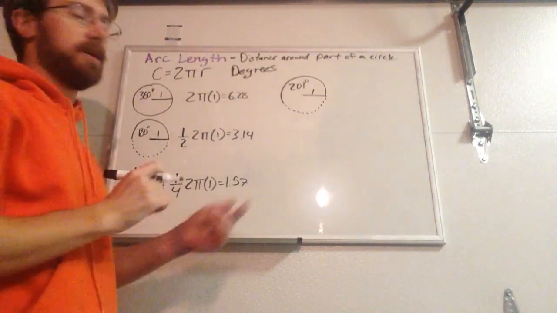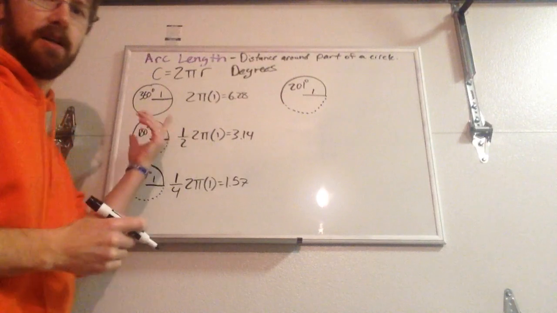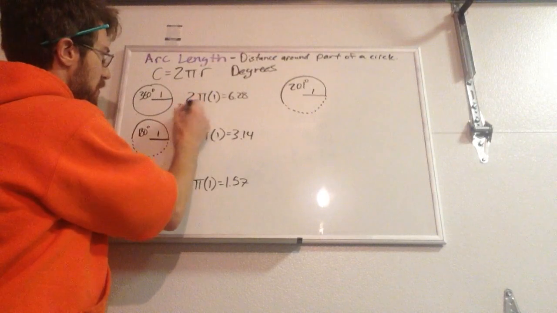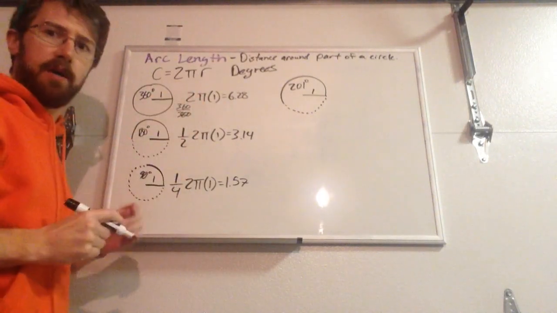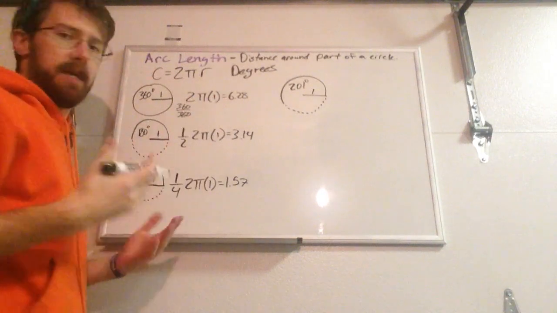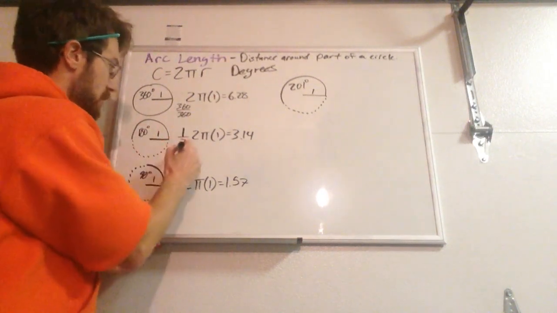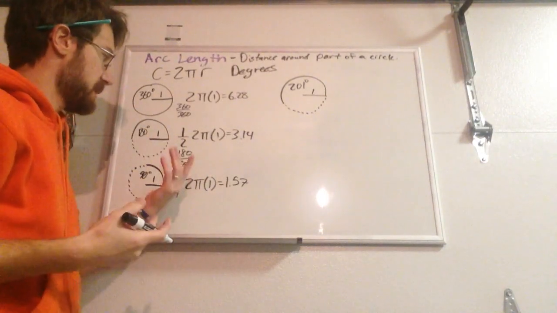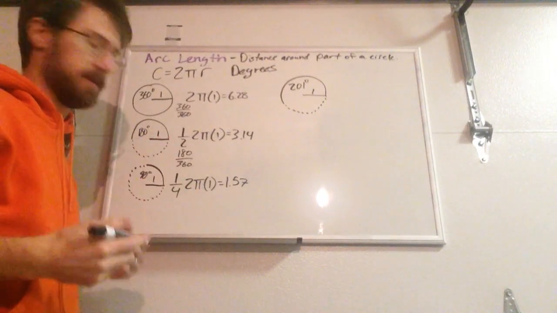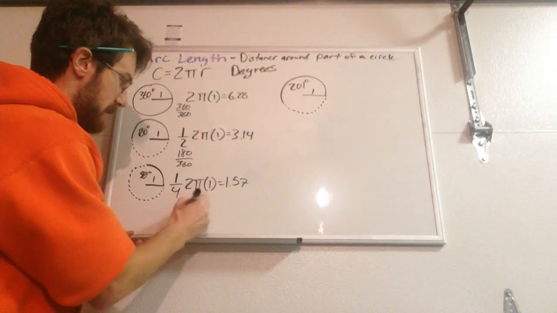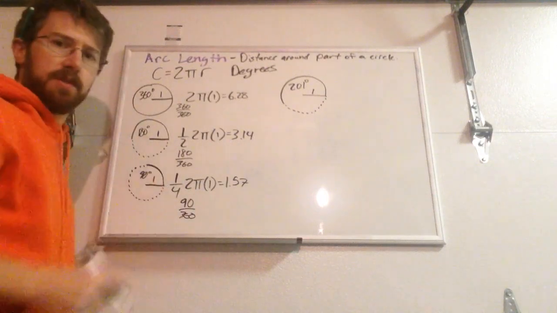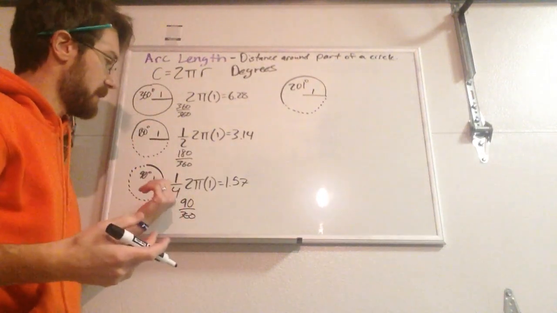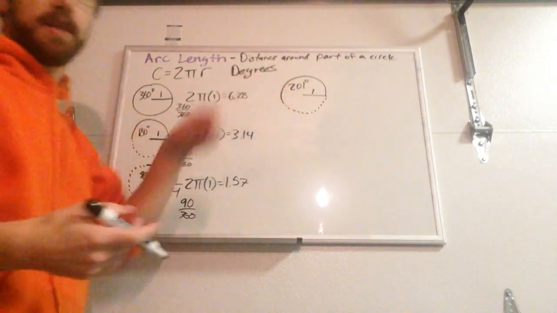Well, I know there's 360 degrees in a circle, so let's take a look back at here and see what happens. If I do 360 over 360 here, that becomes 1, right? So that's the full circumference. If I do this one, 180 over 360, well, that's half. 180 divided by 360 reduces to 1/2, and that's half the distance around the circle. If I do 90 over 360, well, that reduces to 1/4, and so that's why it's 1/4 of the way around the circle. So if you see what that pattern is now,